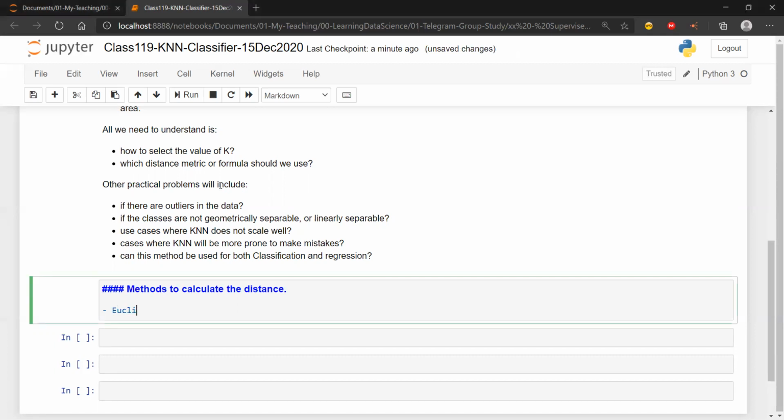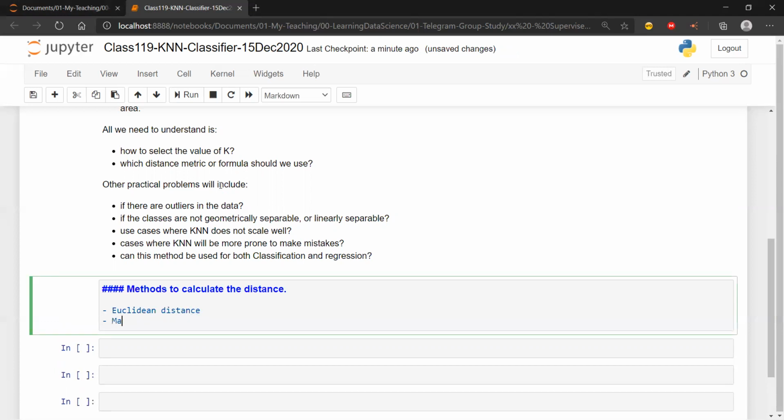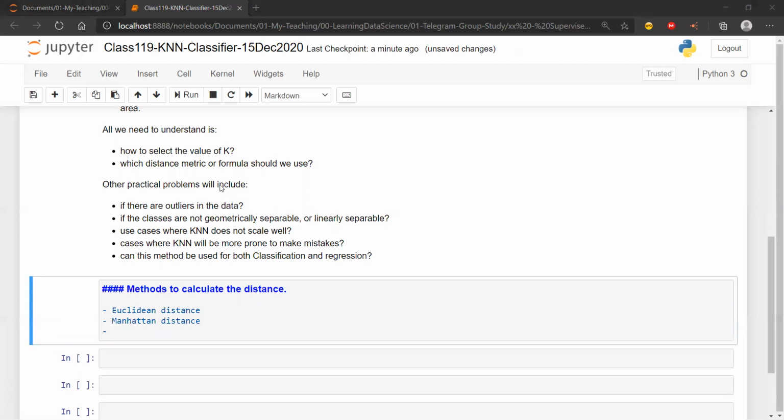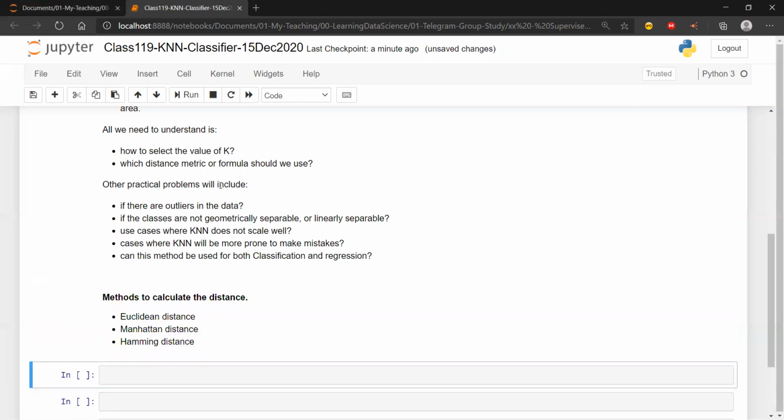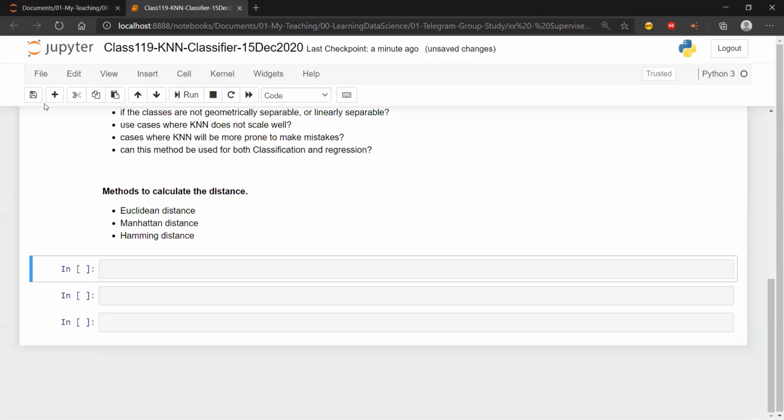One is known as Euclidean distance, the second is Manhattan distance, and the third is Hamming distance.